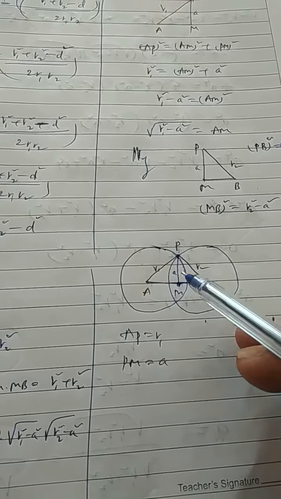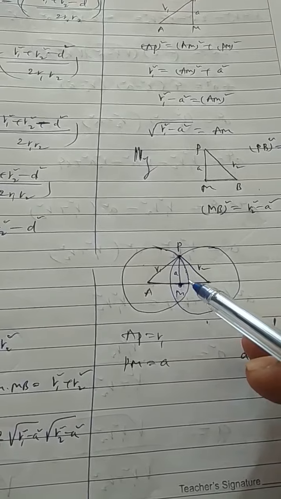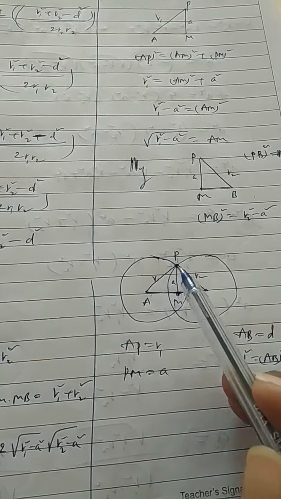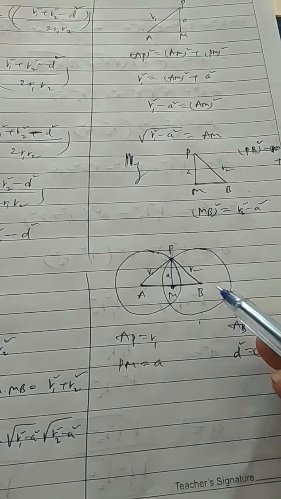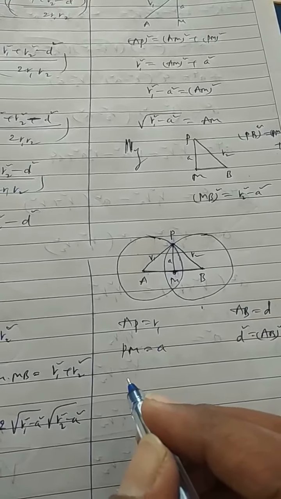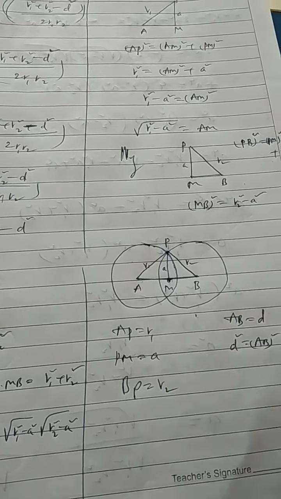PM distance is small a, this is the circle, so the circle radius is small a. Okay. Next we can select PM distance small a, AP distance R1, BP distance is R2. Okay. Next,